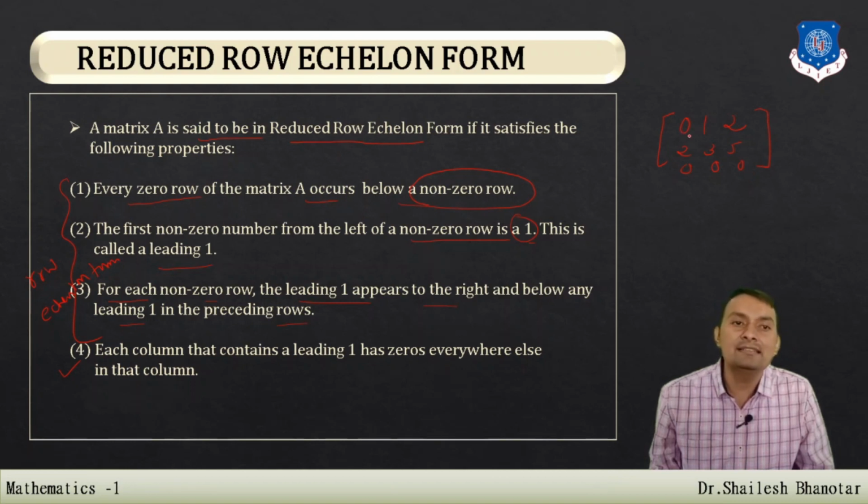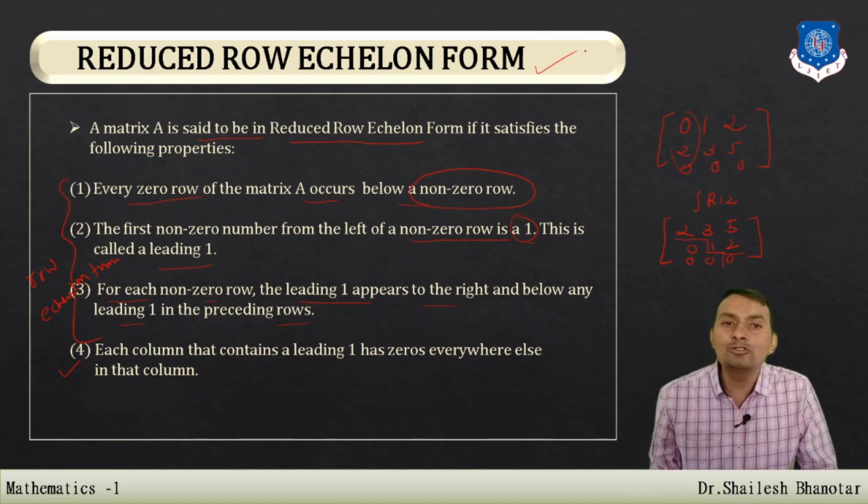The second condition says that whatever we have in the matrix's first row in that particular column should be non-zero, but it is not there. So I'm just going to interchange the first and second rows. That means 2 3 5, 0 1 2, and then 0 0 0. Then I can say this is exactly our row equivalent form.